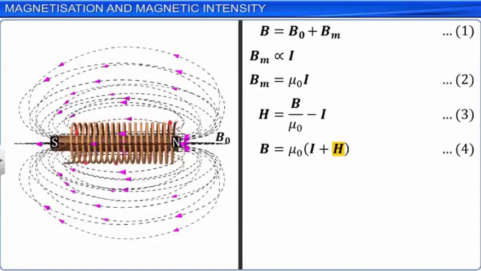It can be expressed as I = chi H. Let this be equation 5, where chi is a dimensionless quantity